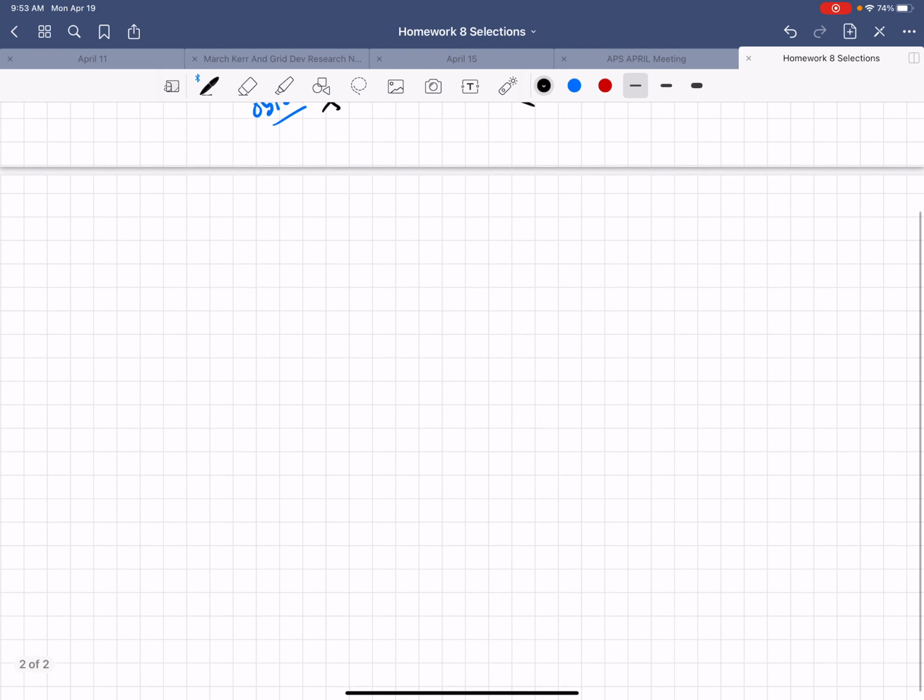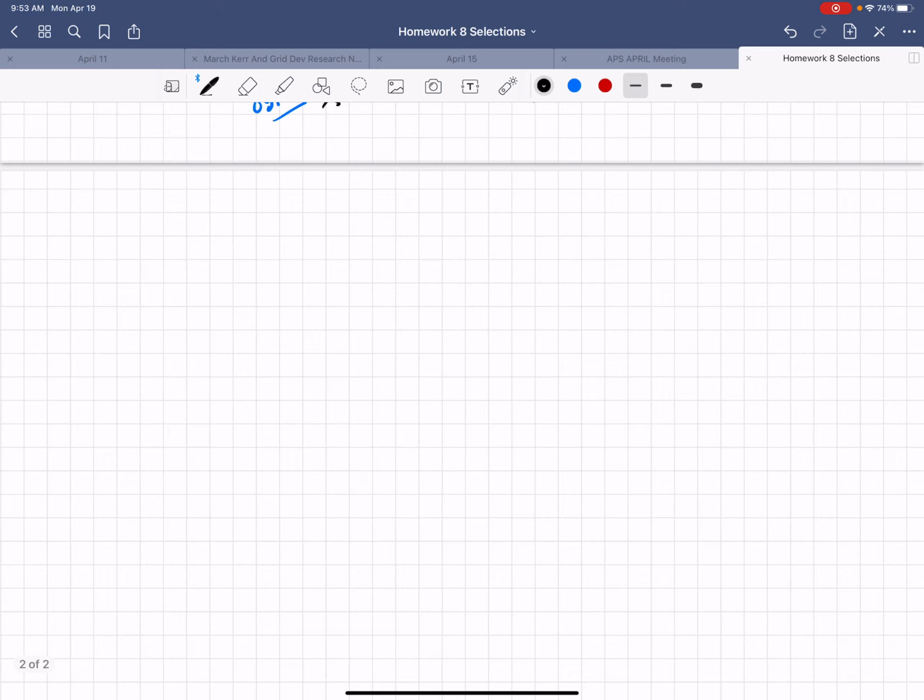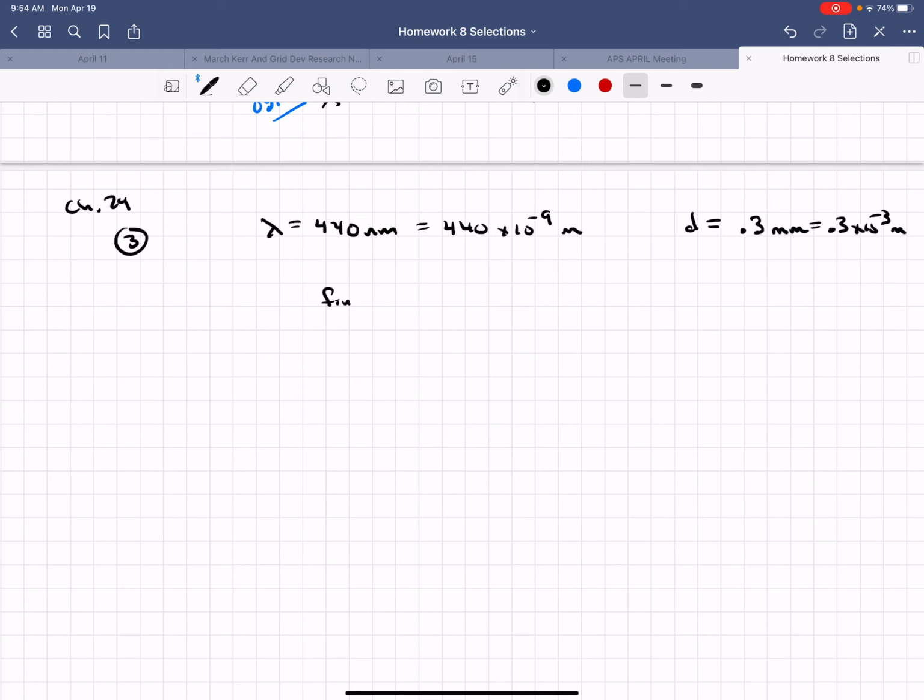I'd also like to, in the same video, do chapter 24, number 3. In this case, we're told that we have a wavelength of 440 nanometers. So that's 440 times 10 to the minus 9, because nano means 10 to the minus 9. It's falling on double slits whose spacing is 0.3 millimeters. So that's 0.3 times 10 to the minus 3 meters. And we're asked to find the angle